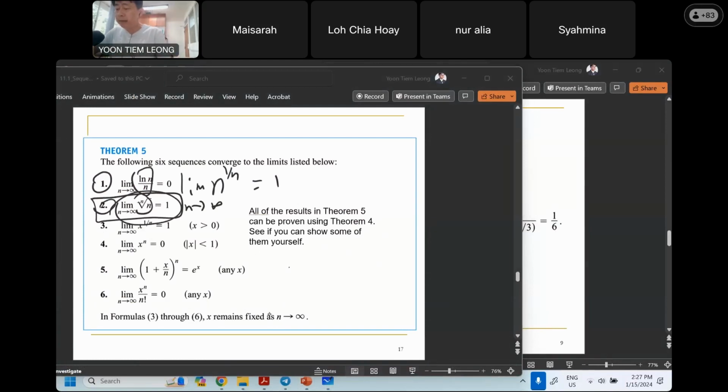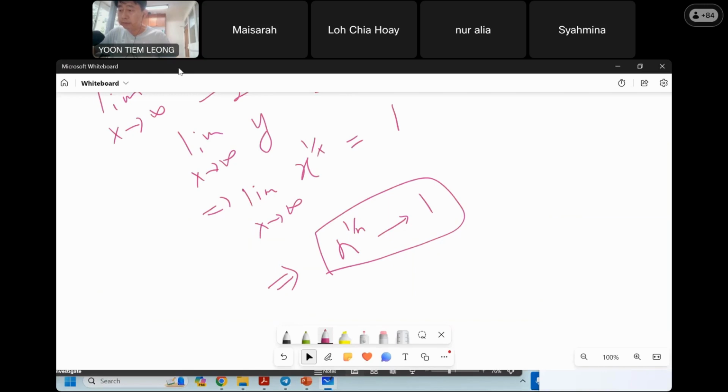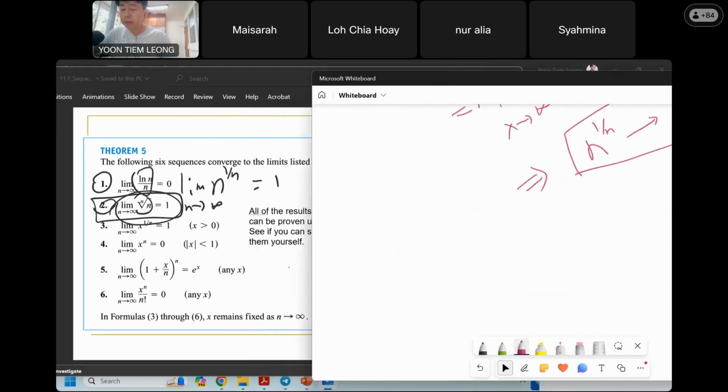So the third statement in the theorem is this. The third statement in the theorem is that if x,